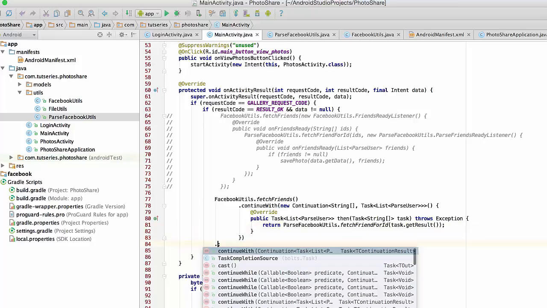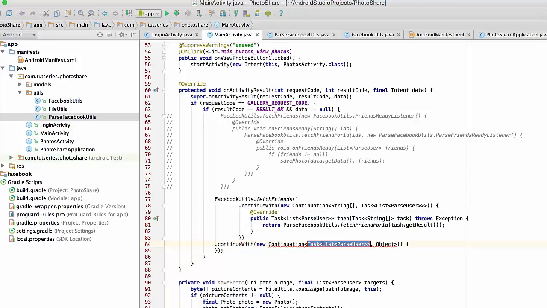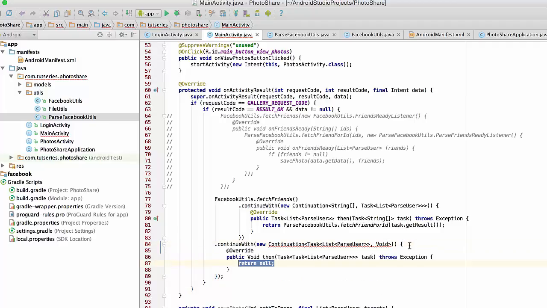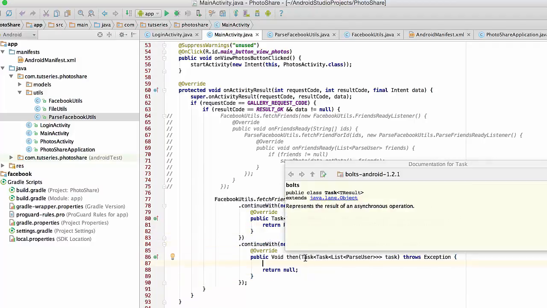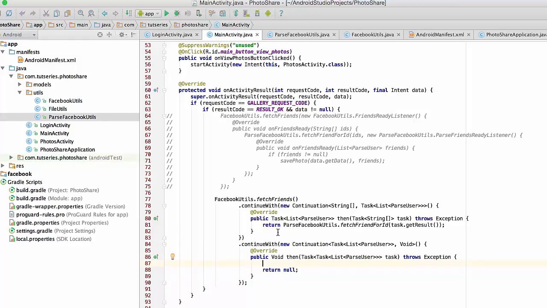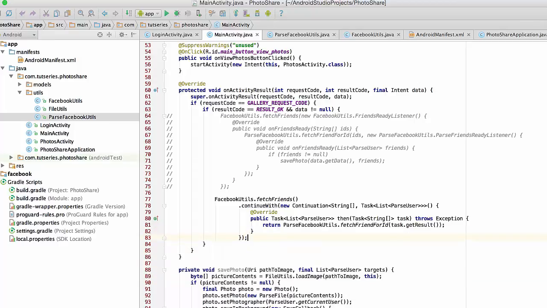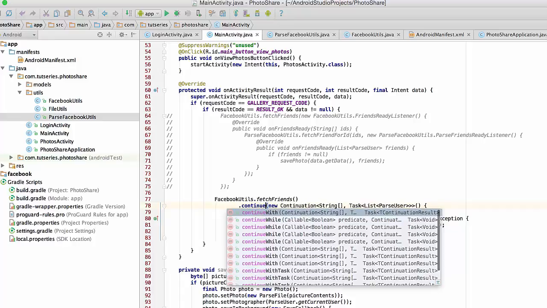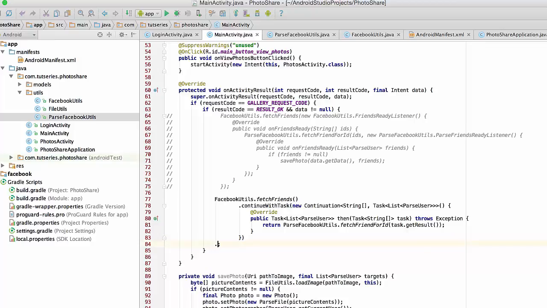And then once we've fetched all of the friends, we can fire up another continuation. What does this continuation do? It's not going to do anything else. That's all we really want to do, right? Let me try to format this correctly. Okay, I kind of messed up. The second parameter, we're not actually wrapping it inside of the task generic type. Okay, so I was correct before, it should be like that, but the method is not continue with. This is a little confusing, it's continue with task, right? And so now if we do continue with task again, and now we put in the continuation,